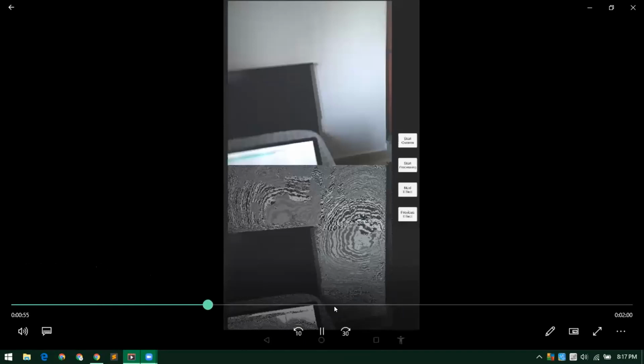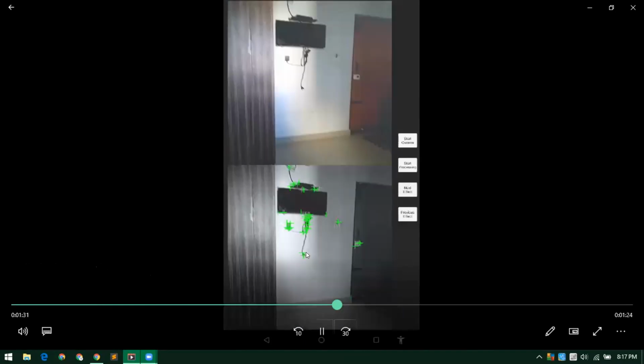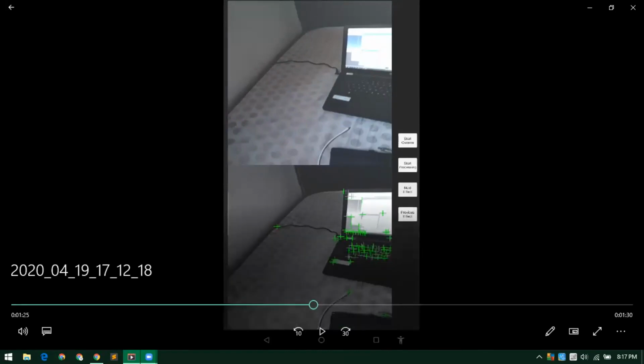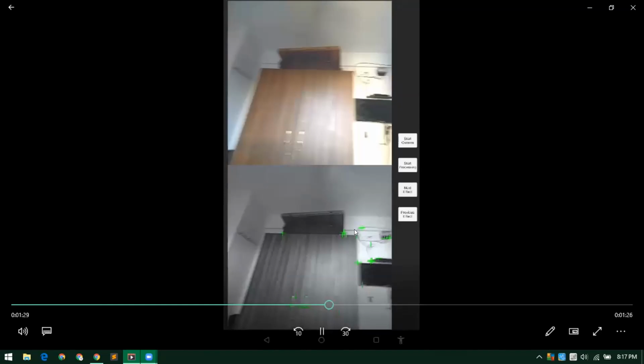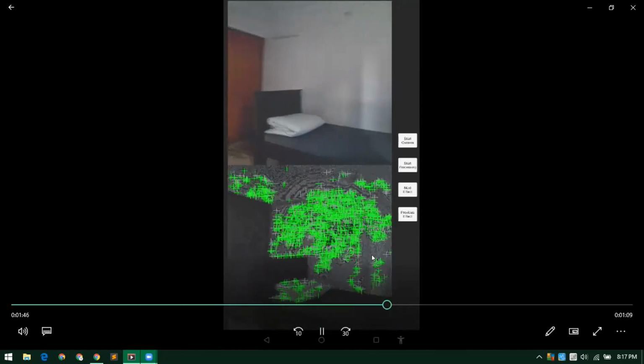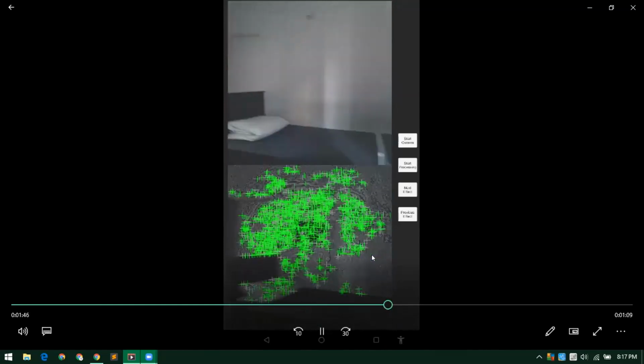So if we see the robustness of it, if we apply the normal feature detection to the simple image, this is how it looks like. You cannot see any detected feature on the wall, but if we apply the feature detection on our image, you can see that we got a bunch of features on top of it.